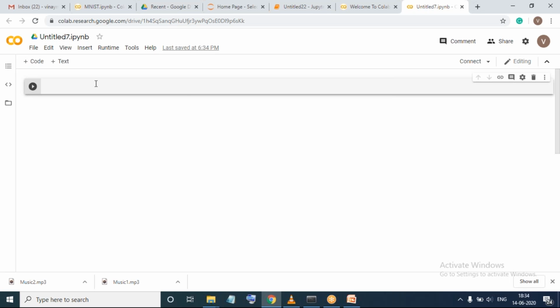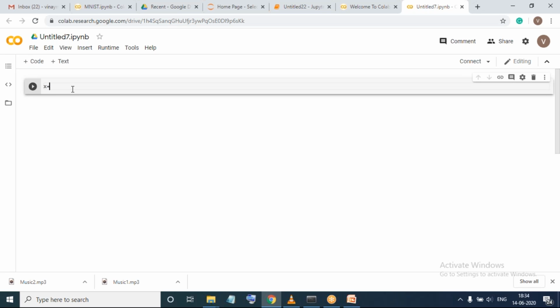Once you open this, this is what you will get. You can find the same type of cell here. If you move here, you can see that it could be a code cell or a text cell. We can convert it into a code cell or a text cell, similar to how we did in Jupyter notebooks. Right now, it's a code cell.